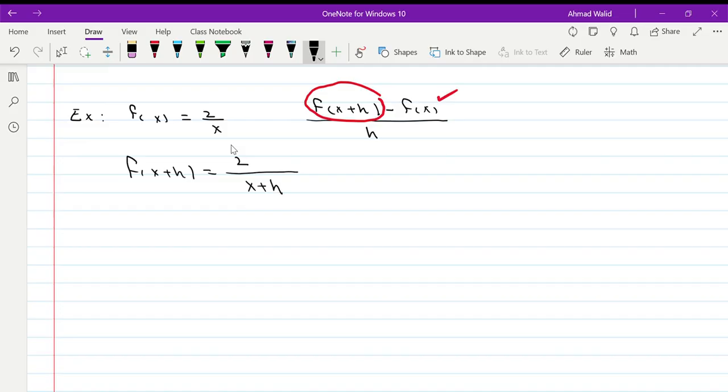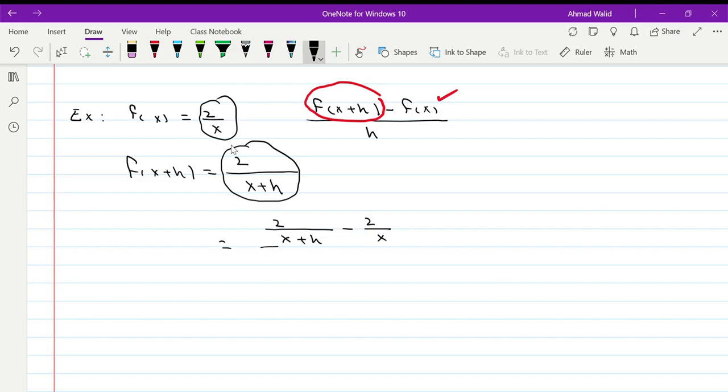Now you have f of x and f of x plus h. Plug these two into your formula and you can find the difference quotient. Then it's equal to f of x plus h, which is 2 over x plus h, minus f of x. What is f of x? 2 over x